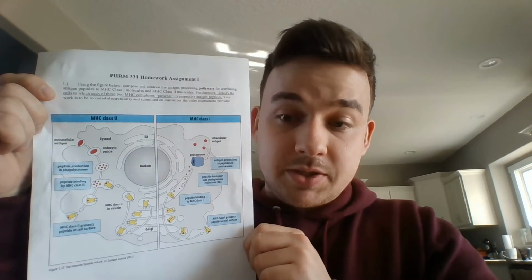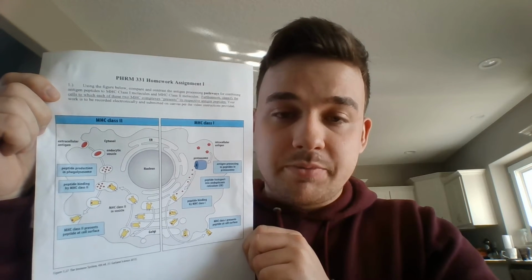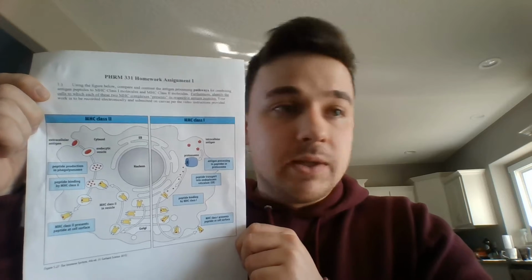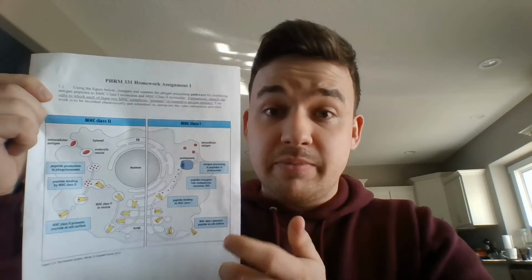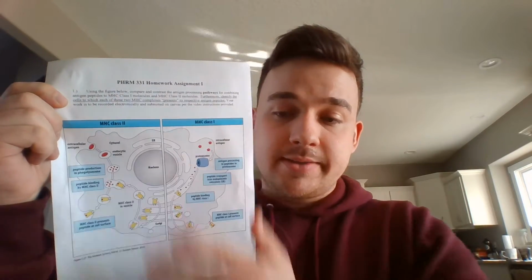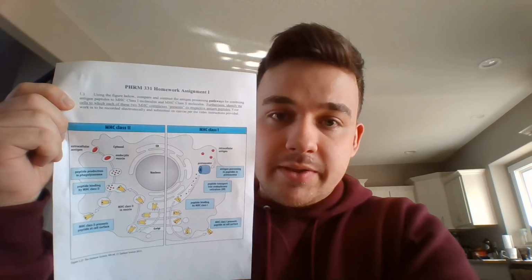So MHC class 2 proteins are utilized by cells known as professional antigen presenting cells. These can be anything from dendritic cells, macrophages, really anything that phagocytizes something, even B cells. And what happens here is these cells phagocytize exogenous antigen, meaning it's antigen that's not already within the cell, brings